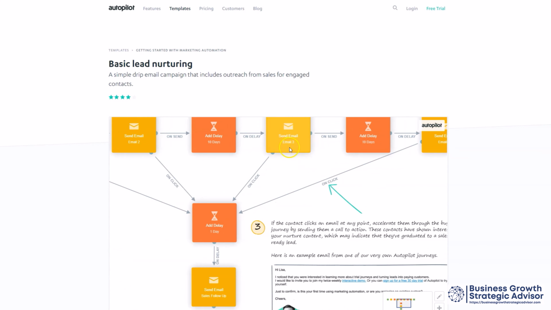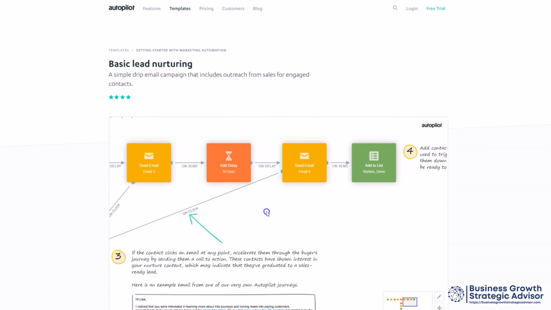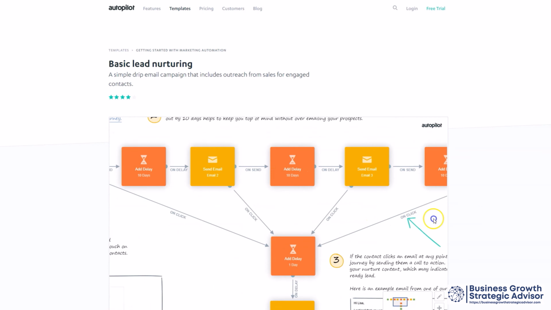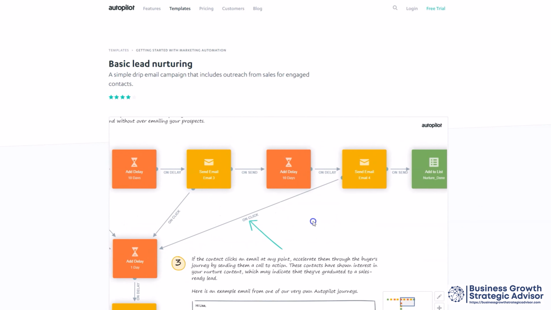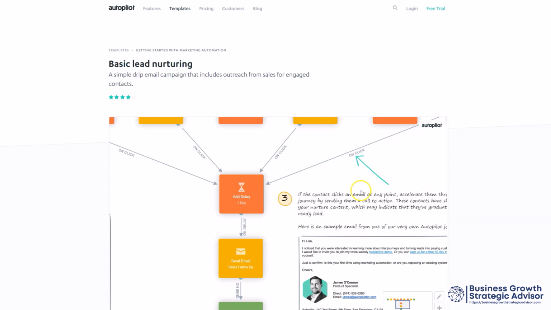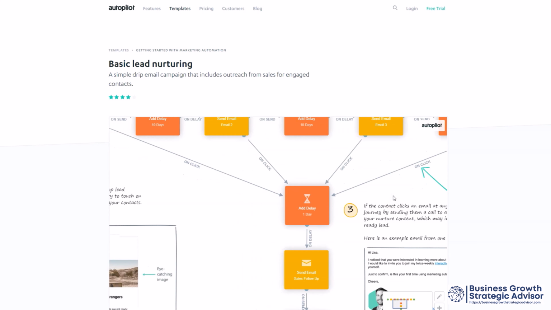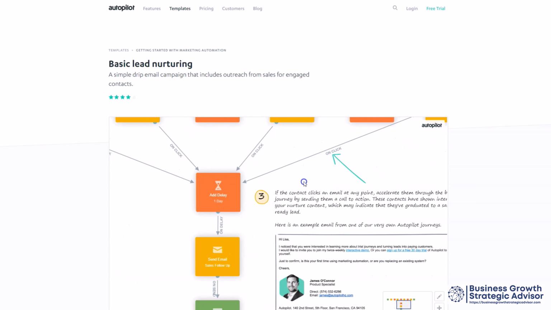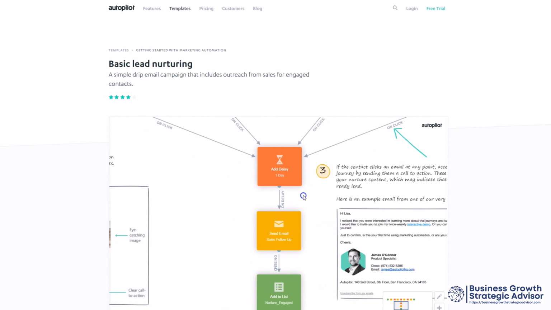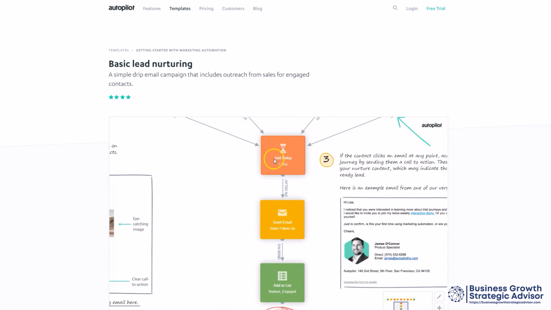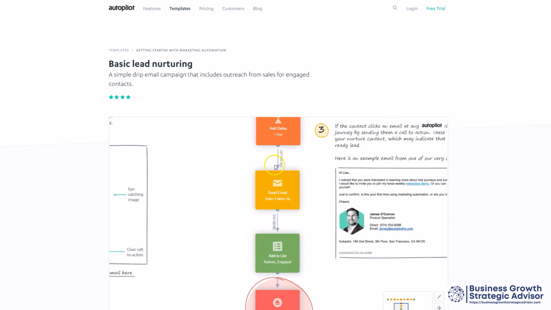So if any of the emails throughout this entire period of what looks like probably about 30 days, so nurturing a lead over the course of 30 days, if any of them are not only opened, but a link inside is clicked, well, that's an indicator to you that they are interested in what you're offering, and after 1 day, 1 day after clicking any of those emails, they're sent into this whole workflow process here,